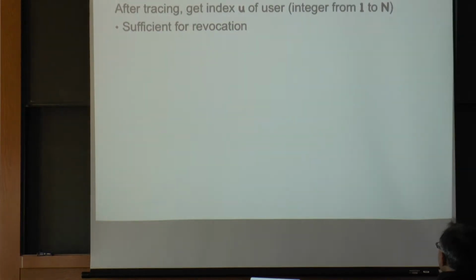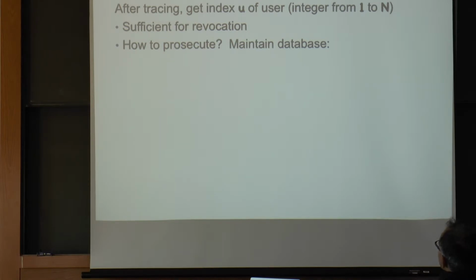Okay. So the point where this work picks up is the question of who keeps track of the user info. The tracing algorithm that we were given, after tracing, returns a number from 1 to n, the index of the user who was the traitor. Now if we want to revoke that user, that's fine. We just know, okay, that secret key, don't send any more broadcasts to it. But how do we actually prosecute that traitor? We're just given a number.